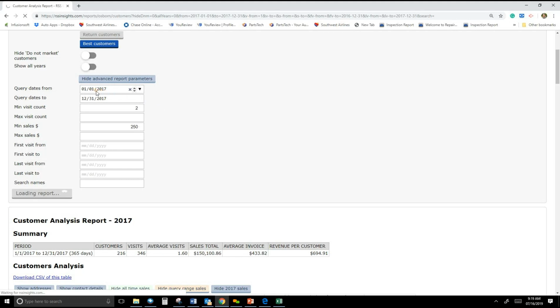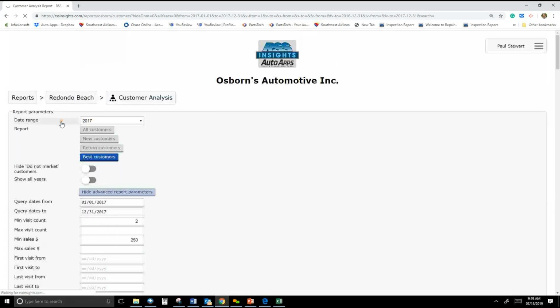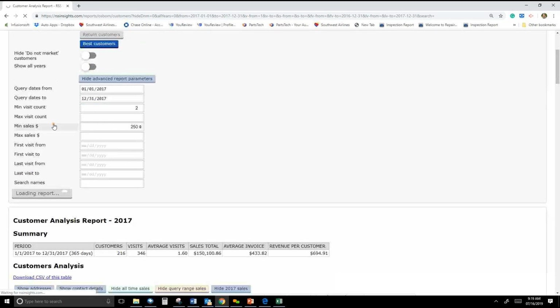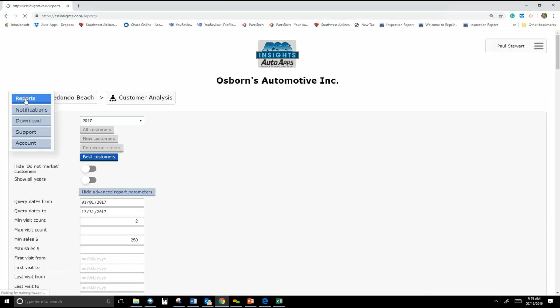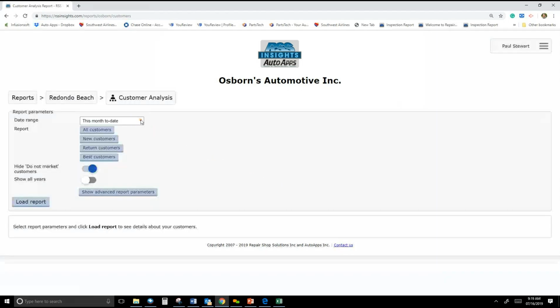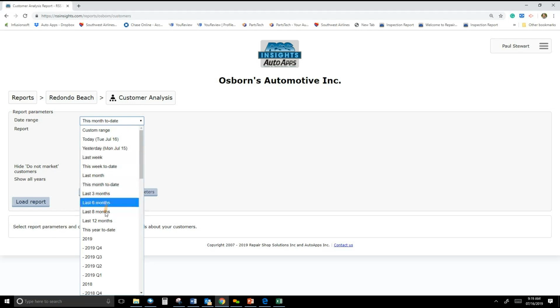So if we're looking at the parameters, again, it's just whatever date range you want to put in. Of course, we have the defaults that you can drop down, and it allows you to pick the different date ranges and the different reports. Now, what we've done, and I'm just going to go back here to reports. What we've done with the customer analysis is we wanted to make it real easy for you just to be able to pull your customer data, be able to put in a date range,